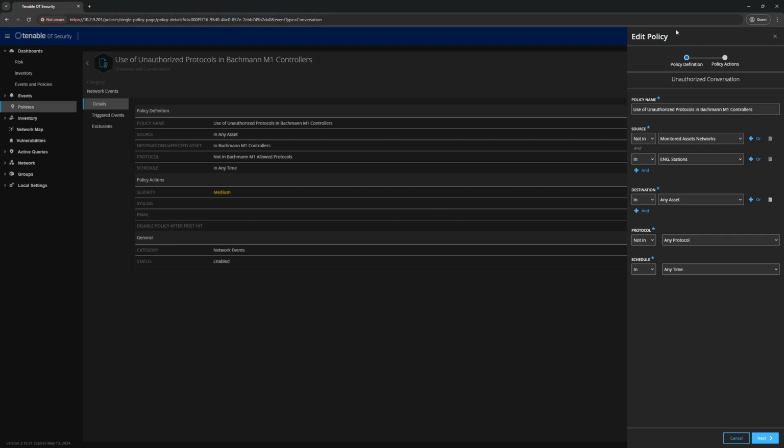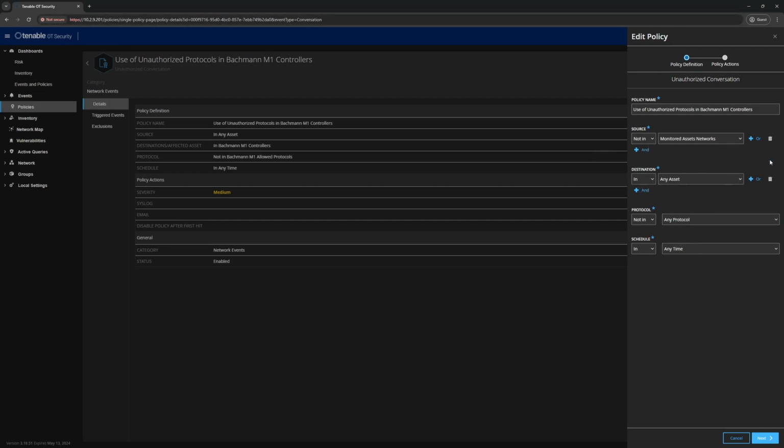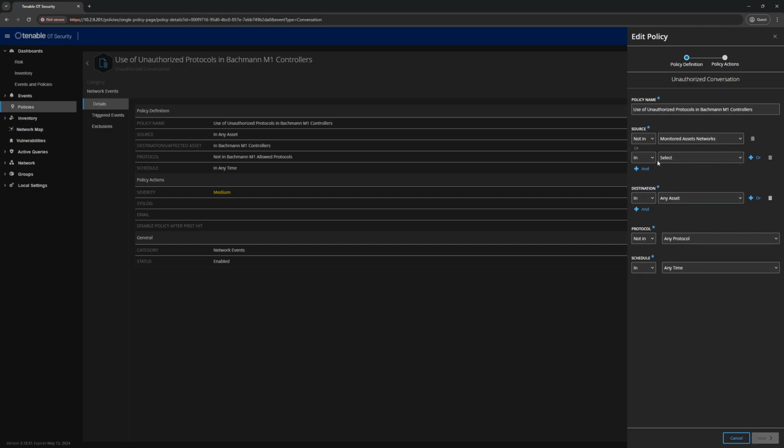If we bring this up, what I could do in here, instead of saying AND, I'm going to delete this one and I'm going to create an OR, and I'm going to say not in, and we're going to say engineering workstations, so that it looks like the way that we have it set up in here. And I'm going to talk about the problem with this. So if we say that we want a statement of true, remember true is what fires an event. So what we're trying to say here, and the reason we don't like ORs, we're saying if an asset's not